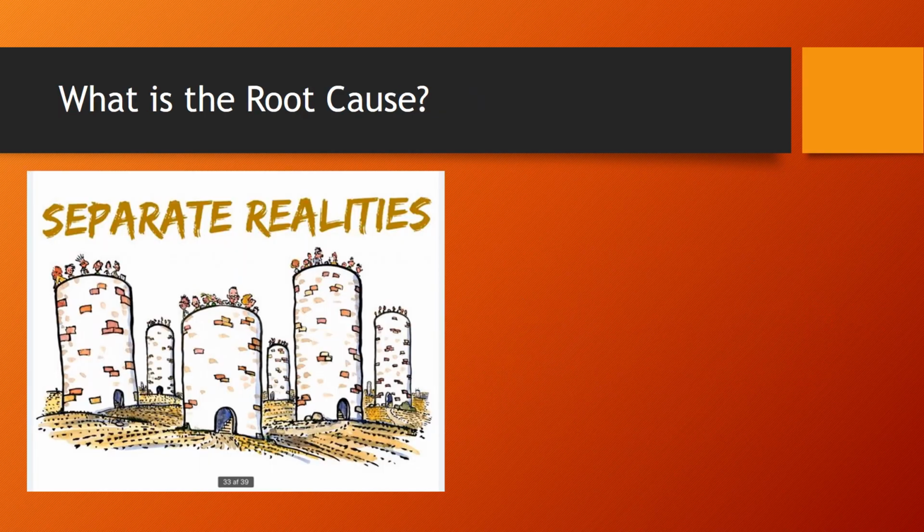So what's the root cause? That's the next step you have to come to. Okay, so we're siloed. Now, why is it that we find ourselves siloed? Well, the first reason, and we talked about this in the last lecture, is that people have a tendency to like the vertical organizational structure, that they resist this idea of complexity theory and this idea of a horizontal leadership structure, because they enjoy the power that they have. They like that bottleneck. They like the idea that everything has to come through them.